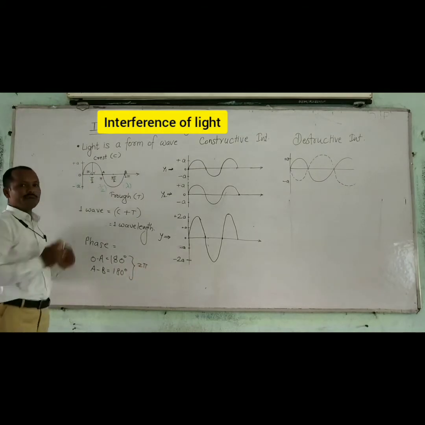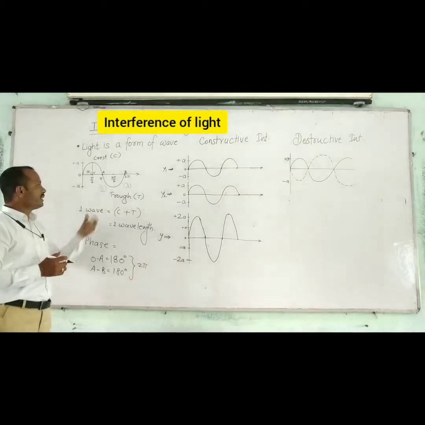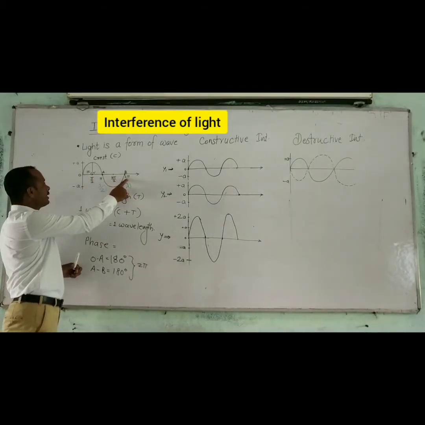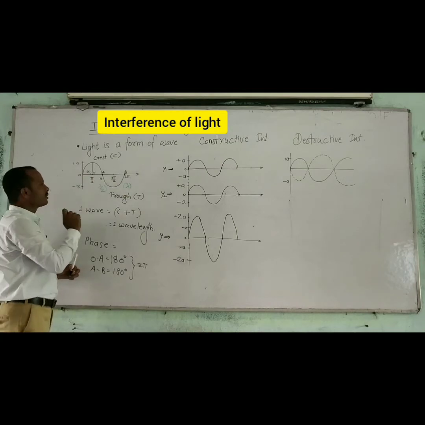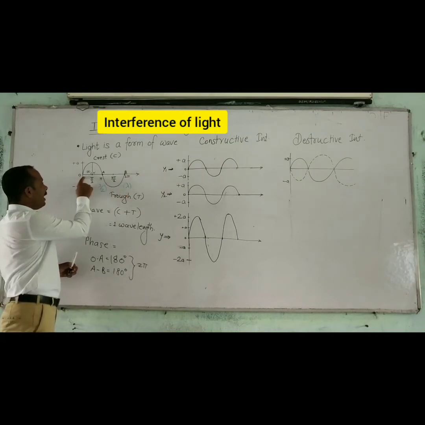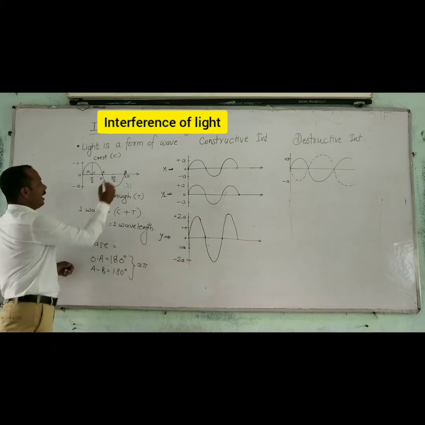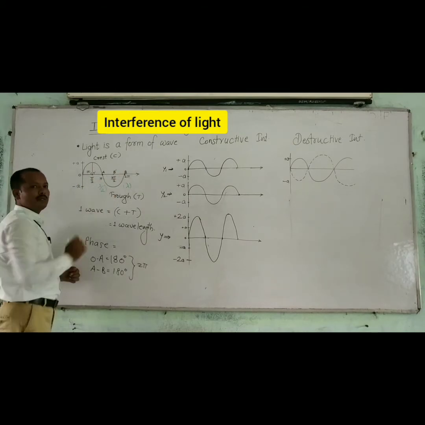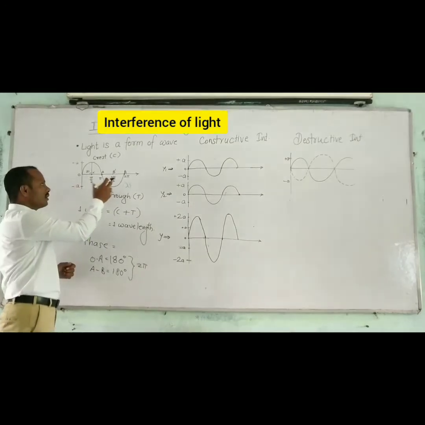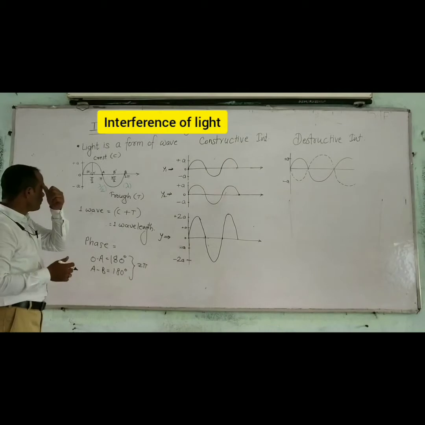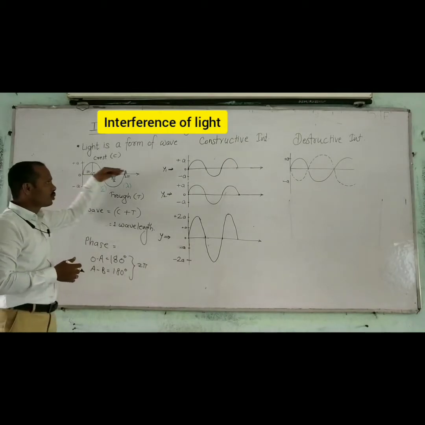Therefore in a single wave, the distance covered by the wave is 2 pi, where O to B is 2 pi, O to A is pi, O to A dash is pi by 2, and O to B dash is 3 pi by 2. Using these we can explain the phase angle. Now this wave is traveling through the medium.